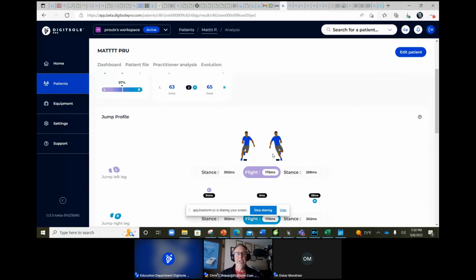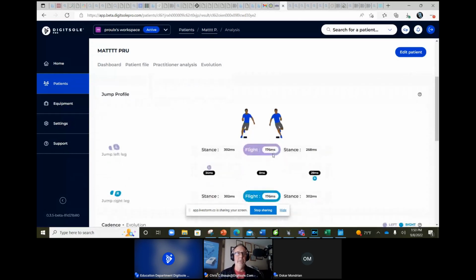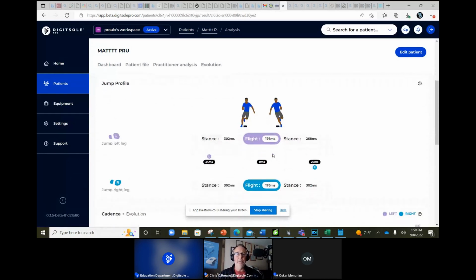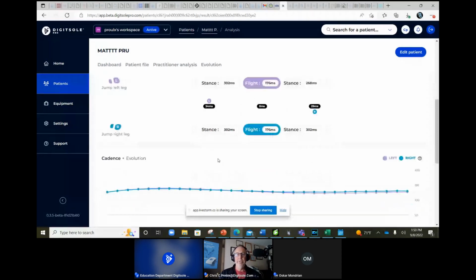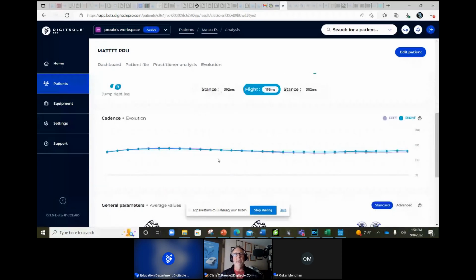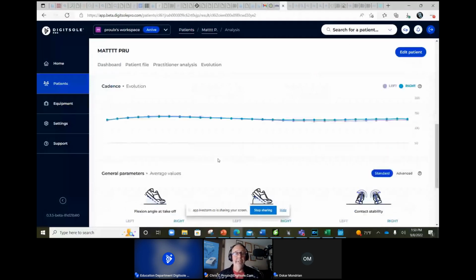Historically, what we've only seen was just the outcomes data, which is the amount of jumps that they had in 30 seconds, and you would compare both sides. But what we've been able to accomplish is now we actually get the average flight time. We also get the average contact time between the two. So we're able to get more performance related characteristics of those jumps for a little bit more detail, as well as the contact